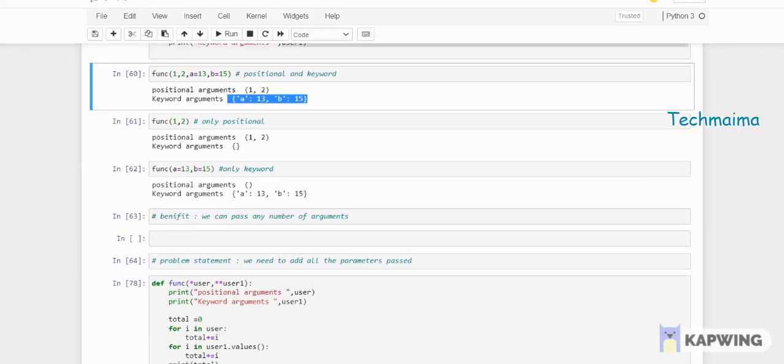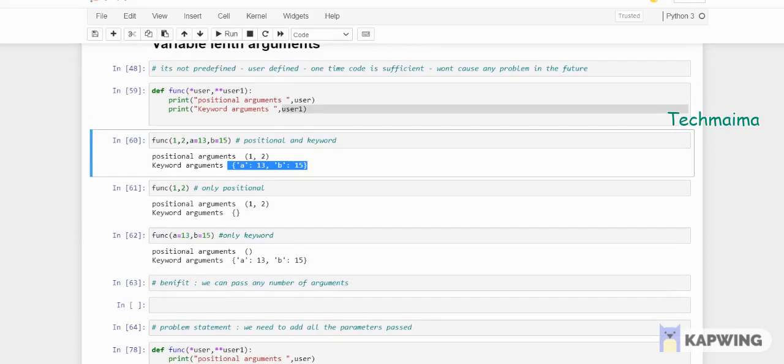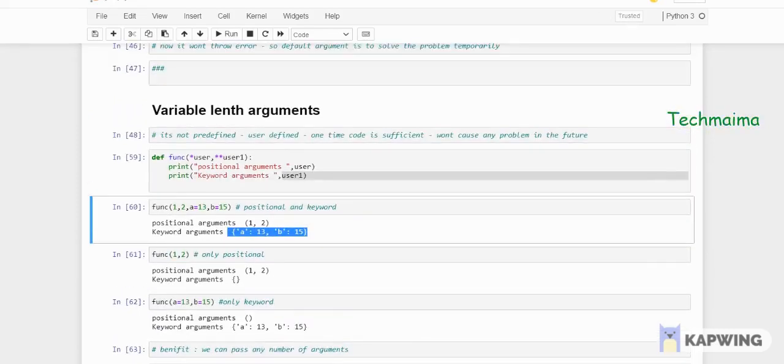So if you want only positional, you can pass the values only for positionals. So what it means is, if you are not passing the value for keyword arguments, it will consider only the tuple. If you are passing keyword values also, we will consider them. When you don't know how many values they are going to give, I can give n number of values for keyword arguments. I can assign 10 more values or 15 more values, right? So when the developer doesn't know, in these kinds of projects, they will use variable length arguments. Okay.